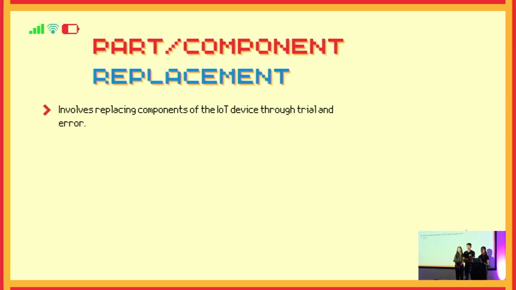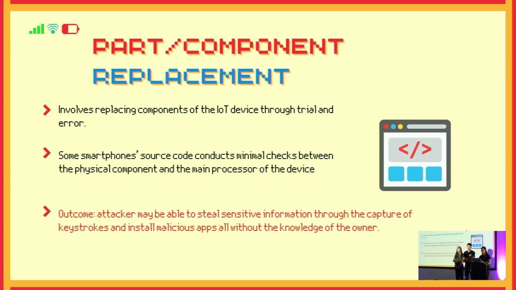So the first method, as indicated by the name, is replacing components of the IoT device. The method by which you conduct this is through trial and error. Replacing parts of an IoT device can allow attackers to embed a malicious chip. Using smartphones as an example, some smartphones' source code conducts minimal checks between the physical component and the main processor